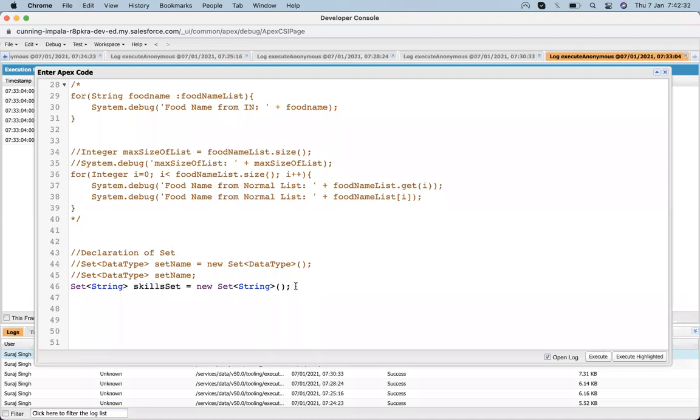So for a skill set, adding an element is the same as adding an element in a list. Set name dot add, which means adding an element.